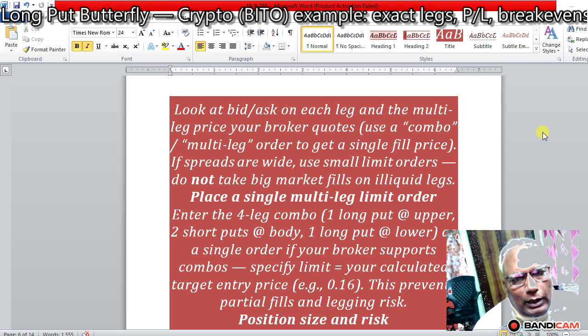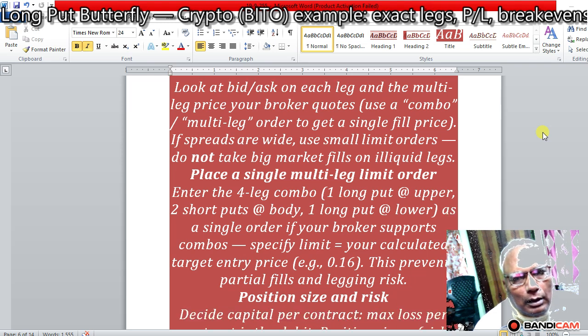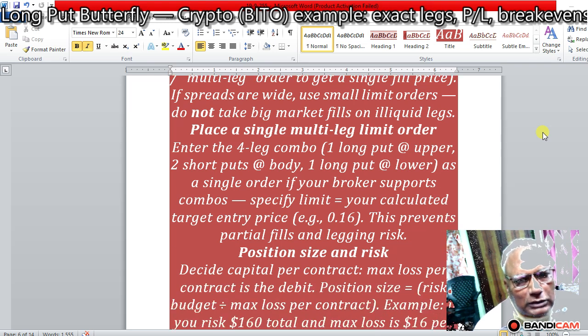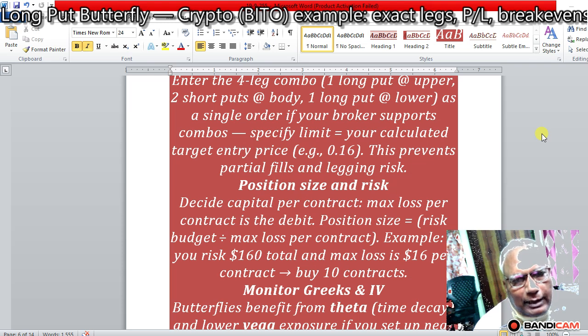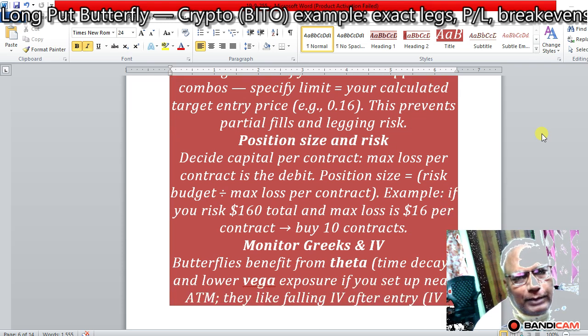Enter the 4-leg combo: 1 long put at the lower wing, 2 short puts at the middle, and 1 long put at the upper wing. Specify a limit at your calculated target entry price, e.g. 0.16. This prevents partial fills and legging risk. Position size and risk: decide capital per contract. Maximum loss per contract is the debit. Position size equals risk budget divided by maximum loss per contract. Example, if you risk